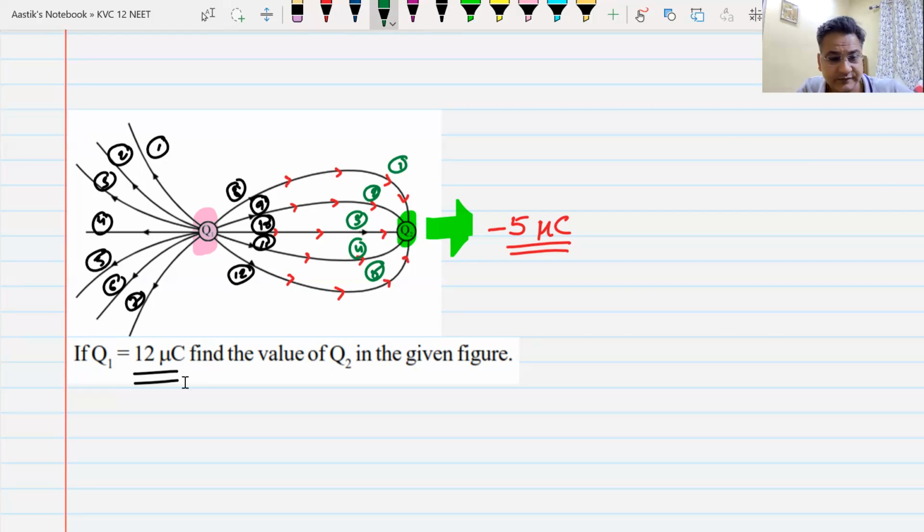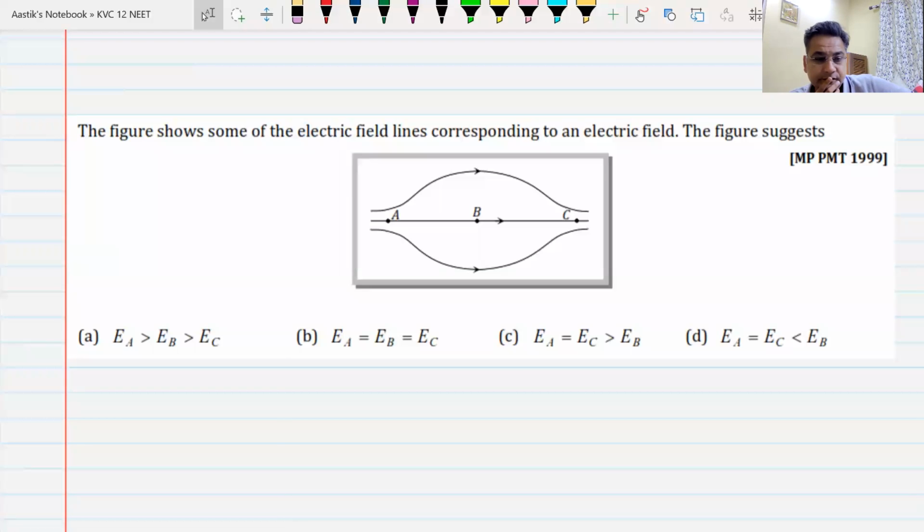Next question, sir. The figure shows some of the electric field lines corresponding to an electric field. This figure suggests that